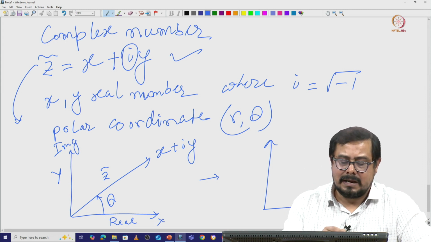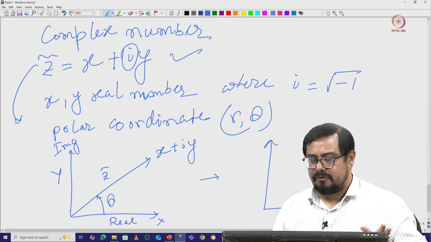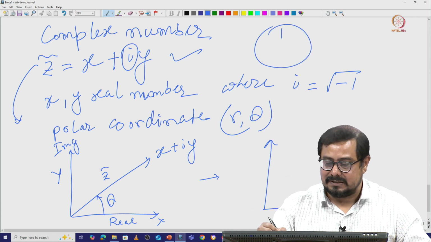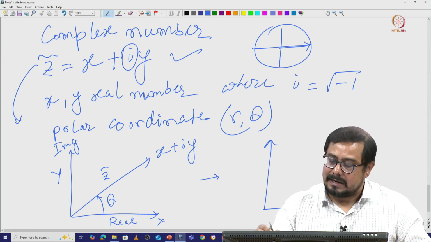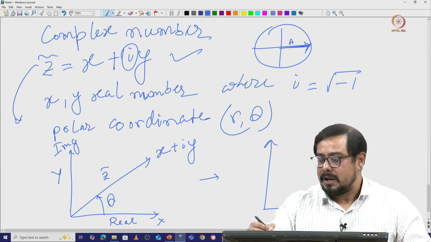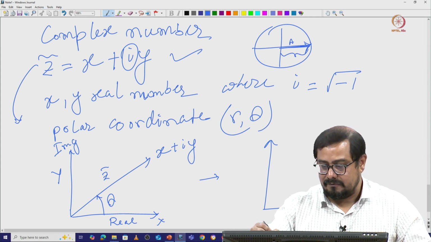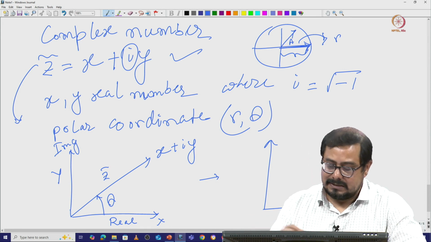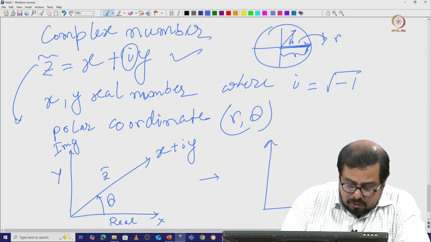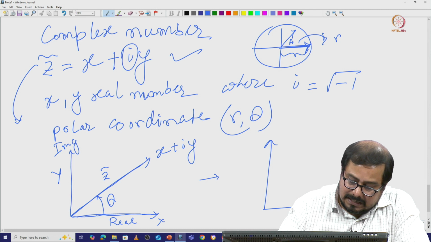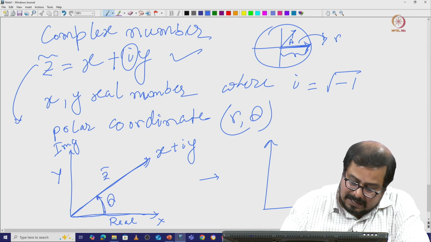Now, x and y we want to convert. When we are talking about any wave, we want to plot it in a phasor diagram. We are plotting it like that, this is a phasor diagram. What is this? This we call the amplitude. This particular value we will represent as r, and then we plot the angle. If this vector is along the x axis, this theta will be 0. Now we are plotting this vector in such a way that this angle is theta.